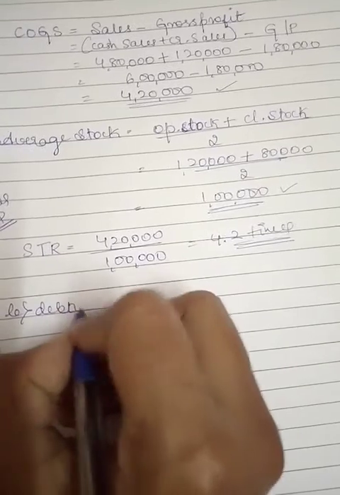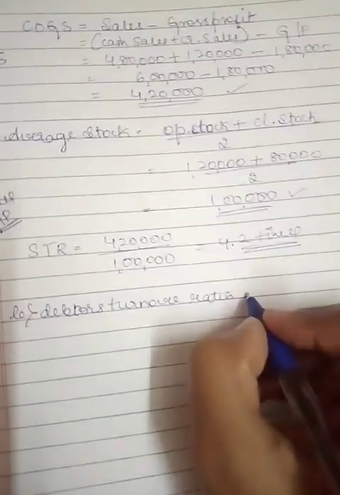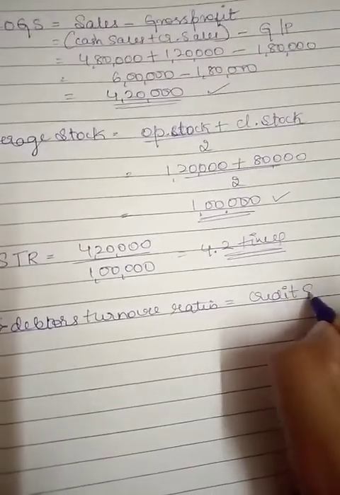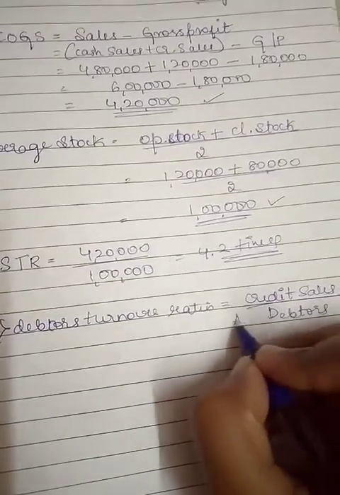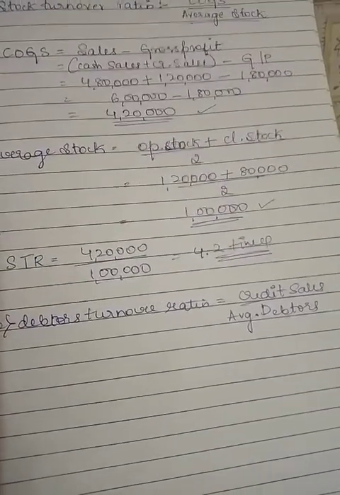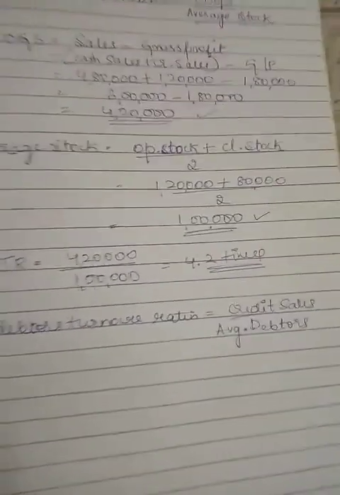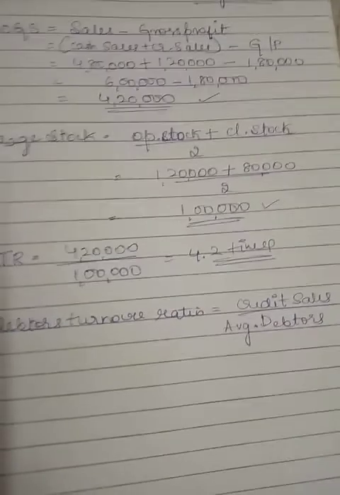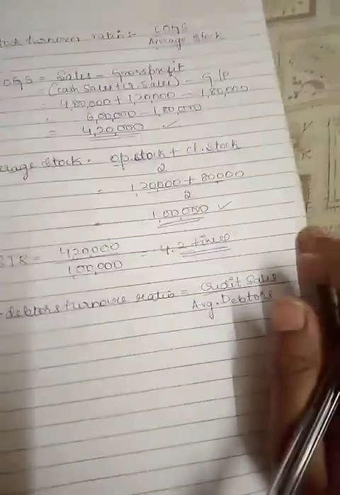Clear? And now they have also asked you to prepare the debtors turnover ratio. Remember, whenever the debtors turnover ratio is asked, you consider the credit sales divided by the average debtors. Sometimes average debtors will be given, sometimes not. At that time you can also consider the bills receivable information. Instead of debtors, the bills receivable can also be considered. Suppose both pieces of information are given, you can add them. This kind of problem we have also solved in the previous videos.